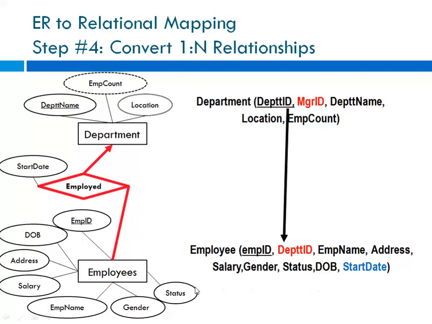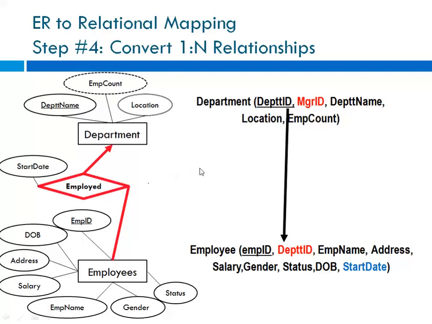So see here that we have these tables, departments and employees. Now this arrow defines that this is the one side, and employees, since it is connected with a line connector without any arrow, is the n side. So the meaning of this is, one department can have multiple employees. So multiple employees can be employed in one department, and when that employee started working in this department is given by the start date with the relationship set. So this relationship set has a start date here, indicating that this employee has joined the department on this date.